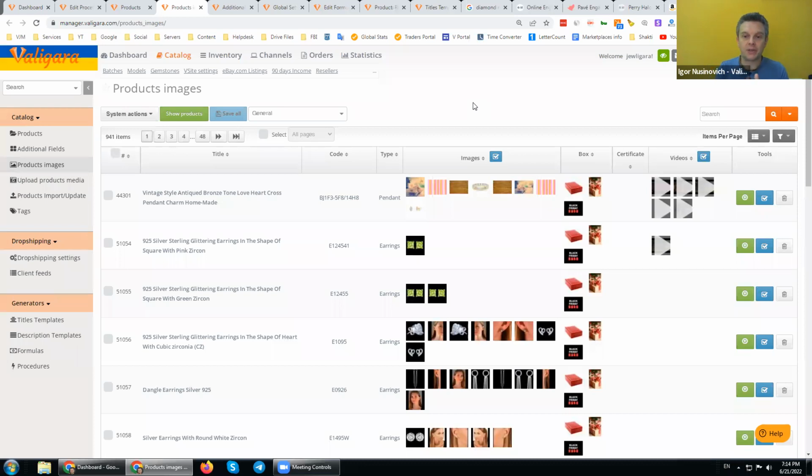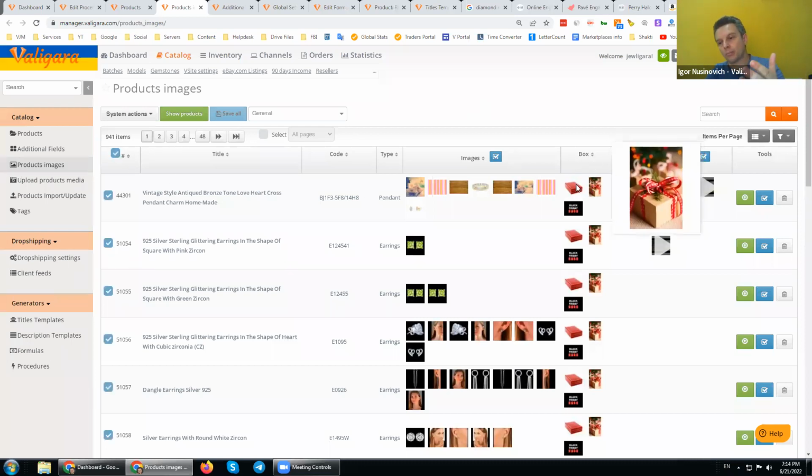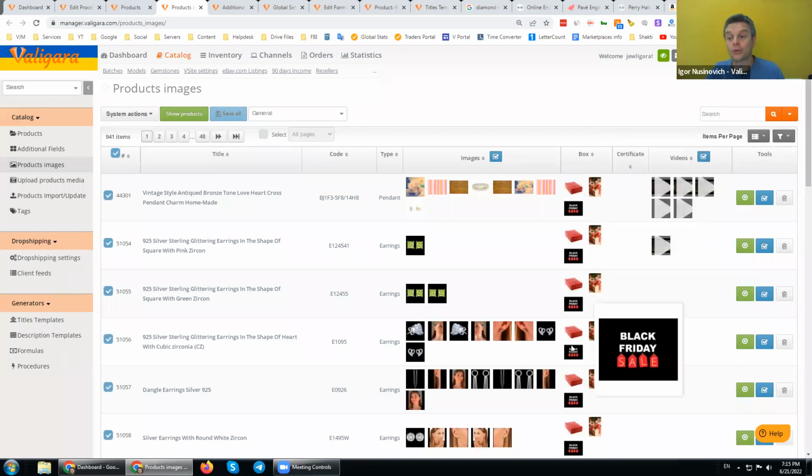And please, as our dear clients, use the product information with bulk images handling, with the ability to quickly assign the bulk or promotional images to the products, because this is where your conversion ratio gets happy.